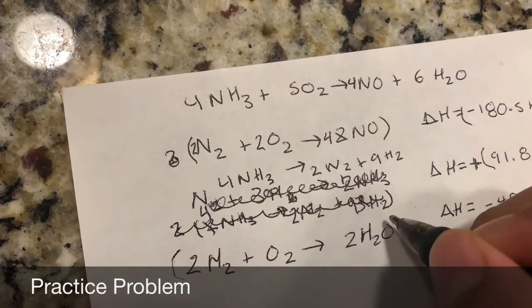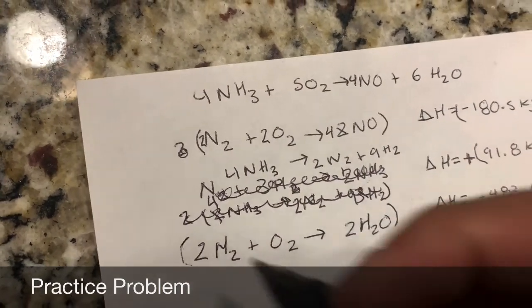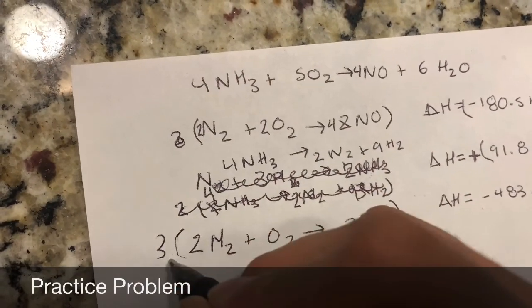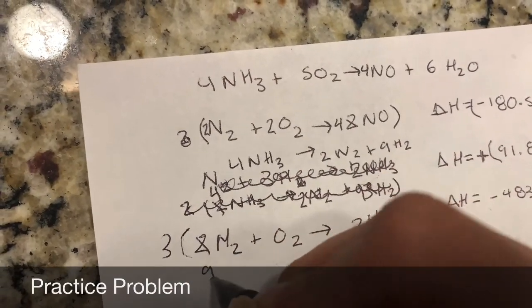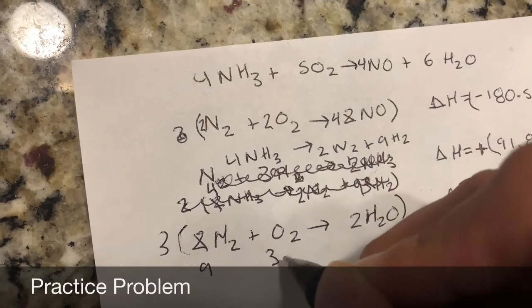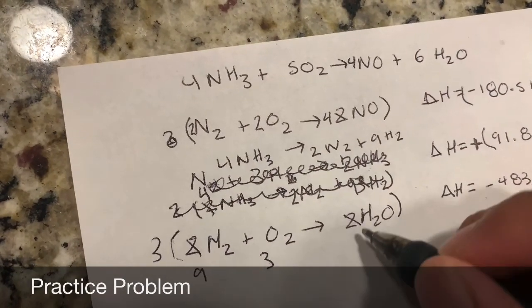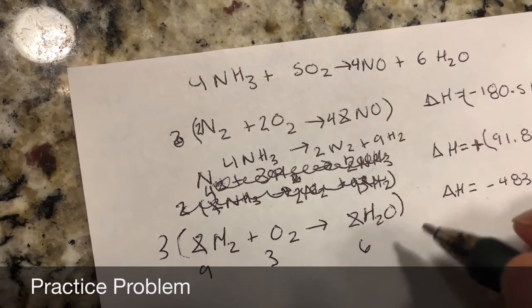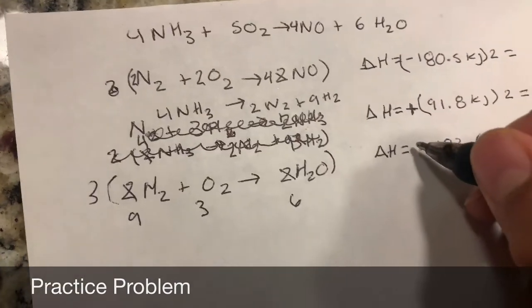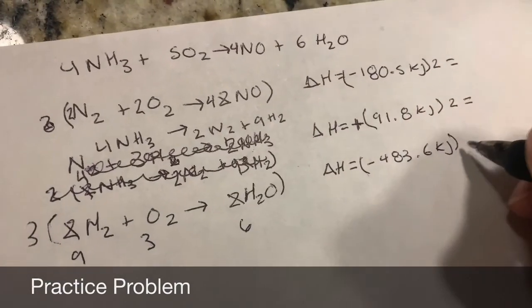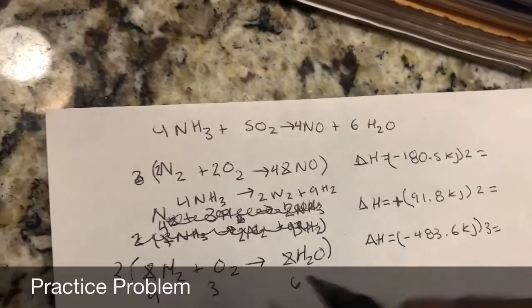So I do that, multiply by 3. This turns into a 9. This turns into a 3. And this turns into a 6. So we satisfied the equation, but we're gonna also have to multiply this by 3. All right, so